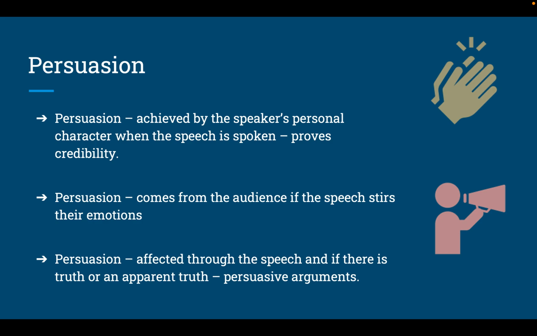Next, we're going to be talking about persuasion. Persuasion in rhetoric has 3 instances that need to be learned. The first one is based on the personal character of the speaker, who needs to prove their credibility based on their character and how they present their speech. Next, it comes from the audience and how they react to the speech given or the essay. According to Aristotle, persuasion cannot occur in the absence of emotion. The audience is moved to action by how the speaker makes them feel.